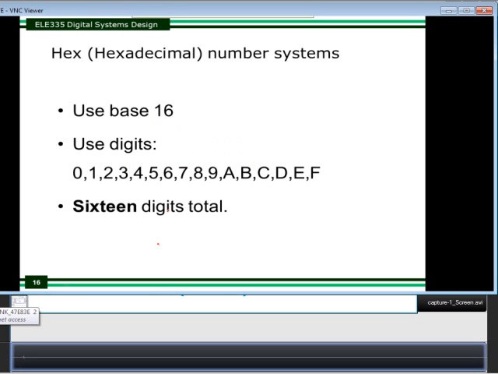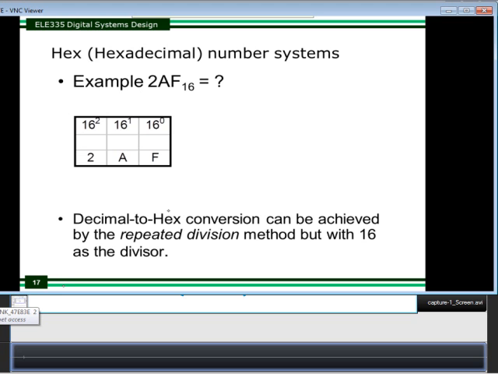Hexadecimal. Uses base 16. We now have to have 16 different digits. There aren't 16 different single character numbers, so we have to start using letters as well. We use the letters A through to F to mean numbers 10, 11, 12, 13, 14, and 15 to give us 16 digits in total. To convert from hexadecimal to